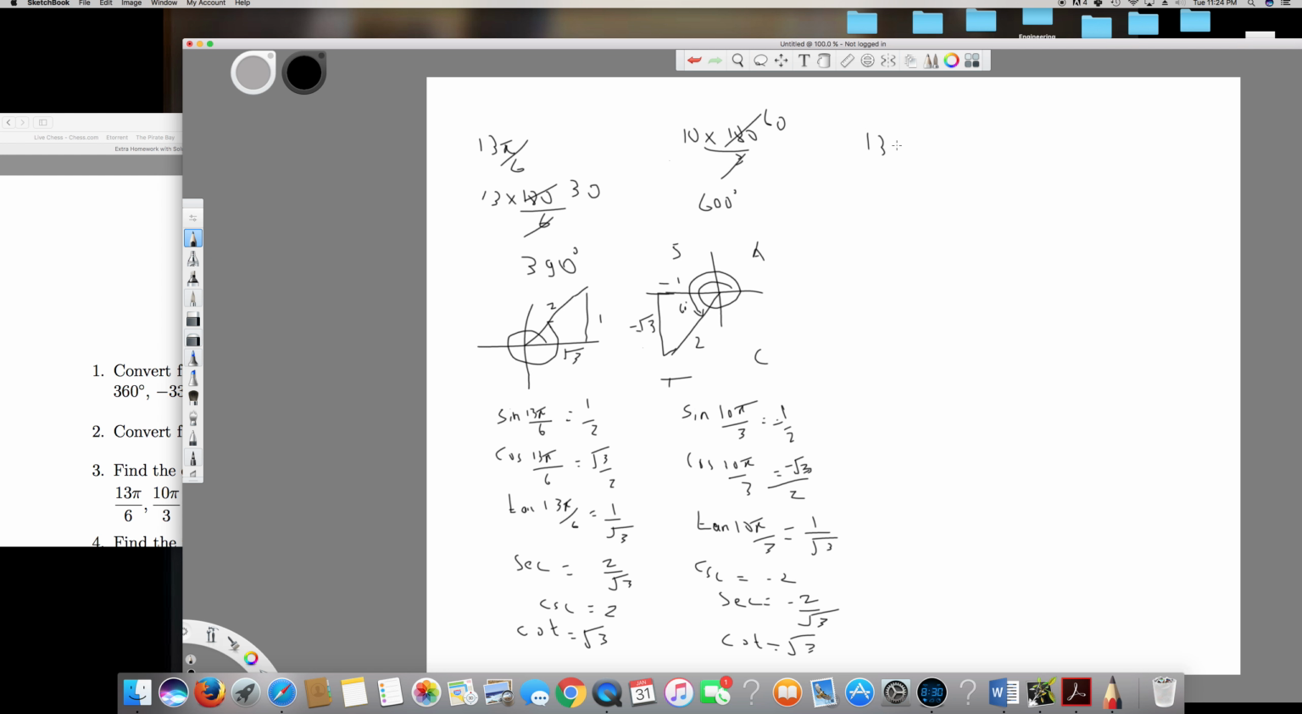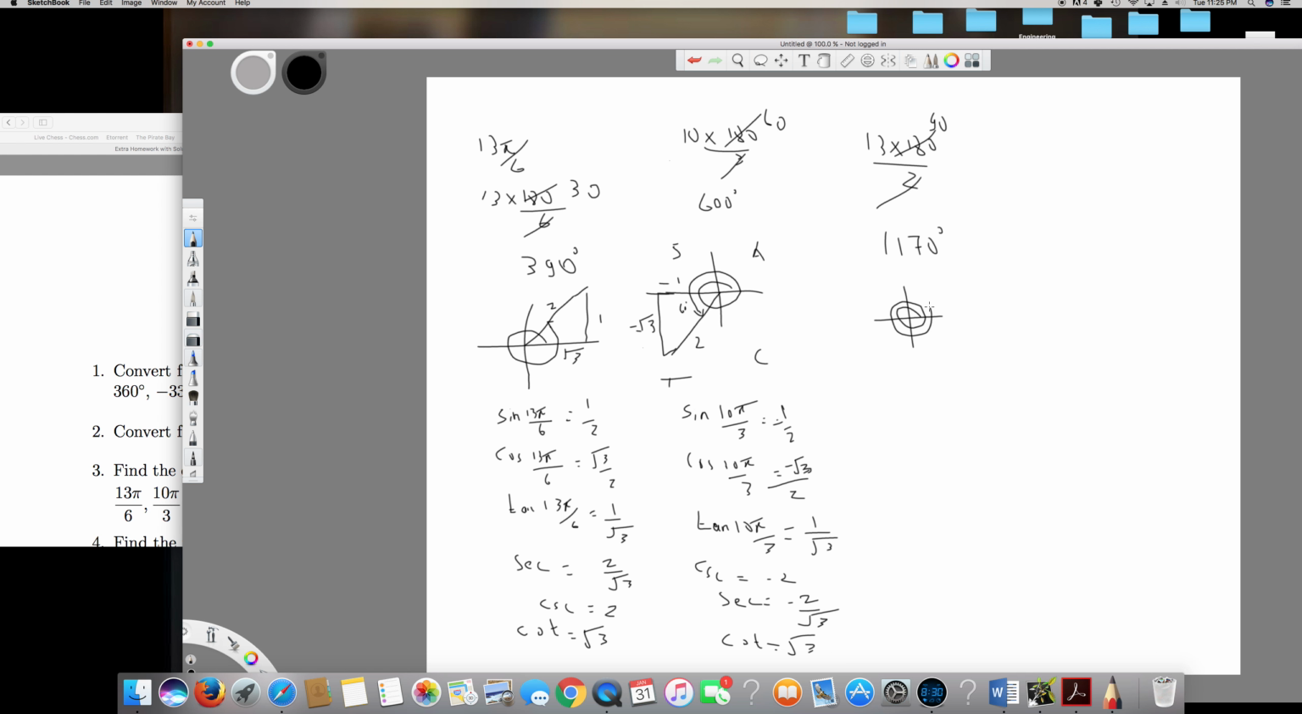So 13 pi over 2, 13 times 180 divided by 2, which is equal to 13 times 90. 13 times 9, what? 130 minus 13 is going to be 117, so 1170. So 1170 is going to be the angle. 360, 720, and 180 plus 90. So which means 3 rotations,